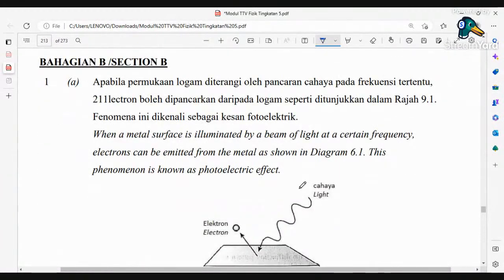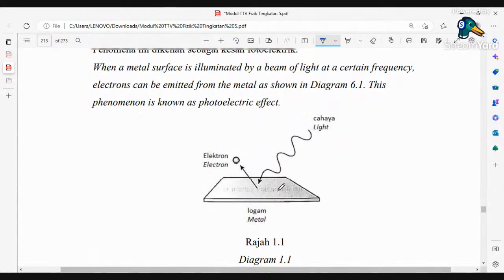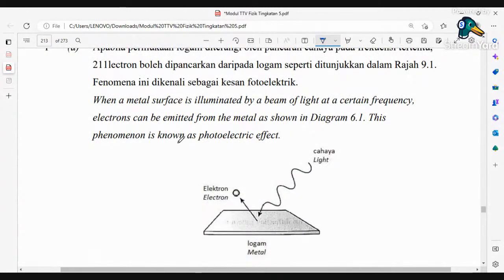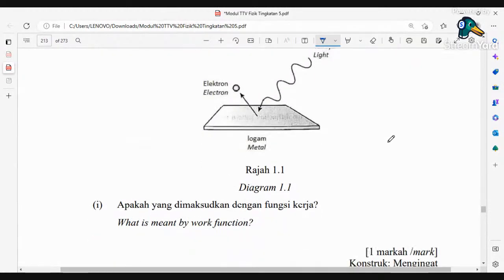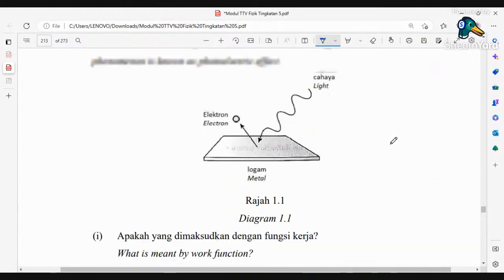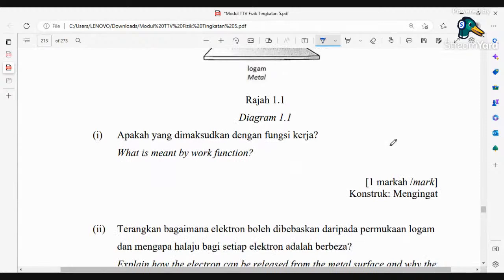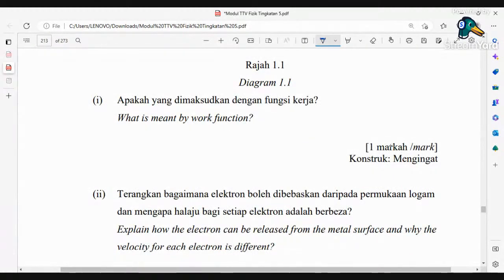Part B. When a metal surface is illuminated by a beam of light at a certain frequency, electrons can be emitted from the metal as shown in 6.1. This phenomenon is known as the photoelectric effect. What is meant by work function? Minimum energy required